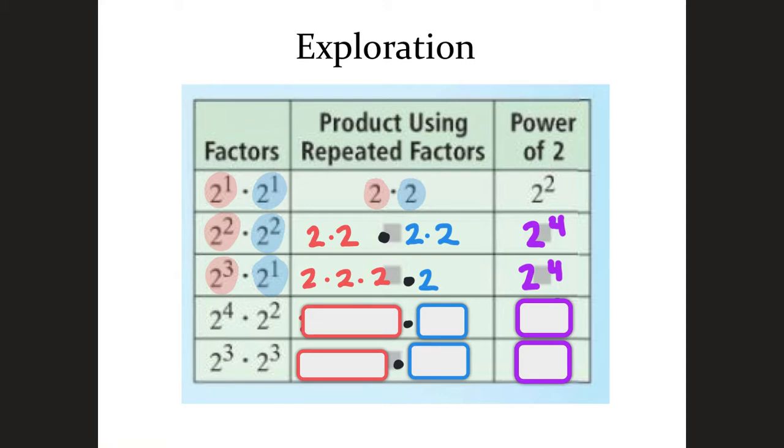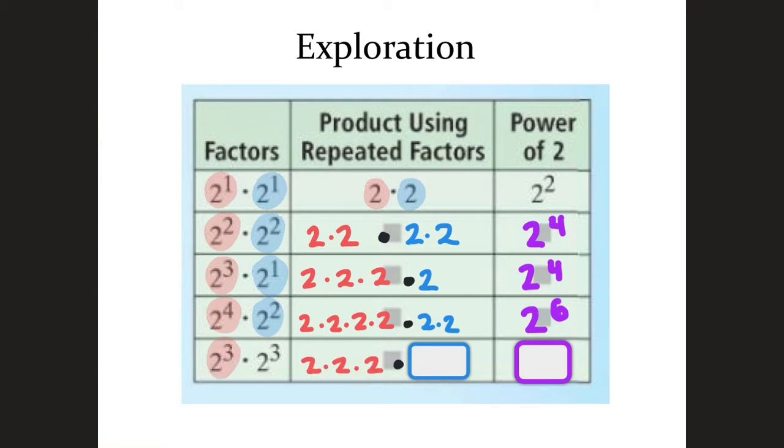Then for the next one, I have 2 to the fourth, so I'm going to list 4 twos, and I have 2 to the second, so I'm going to list 2 twos, and then when I count, I have a total of 6 twos, so this is 2 to the sixth. And then in my last one, I have 2 to the third, so I'm going to list 3 twos, and 2 to the third, so I'm going to list 3 twos again, and when I combine those, there's a total of 6 twos. Now what's important to note is that when we're doing this, we need to figure out